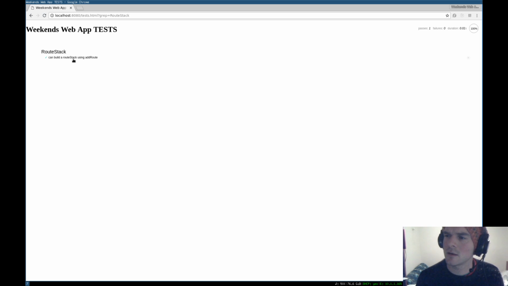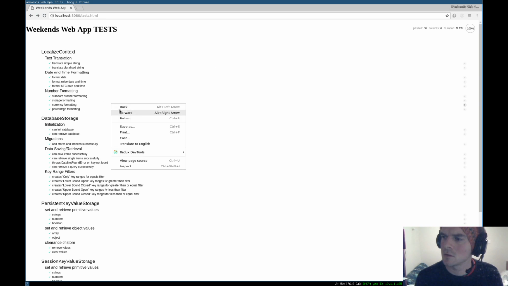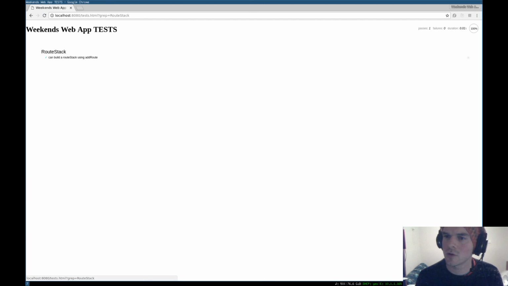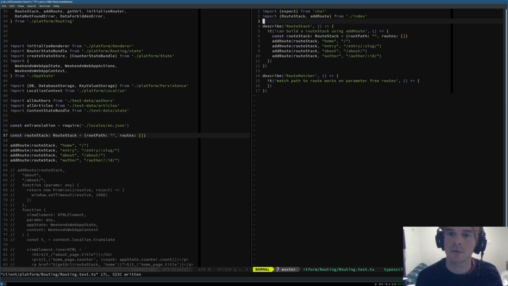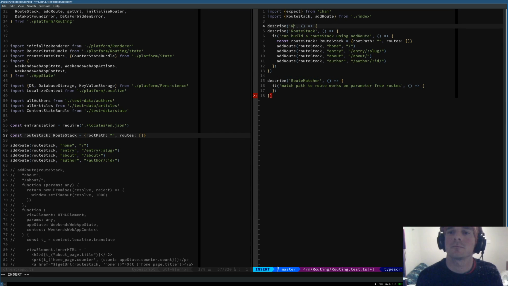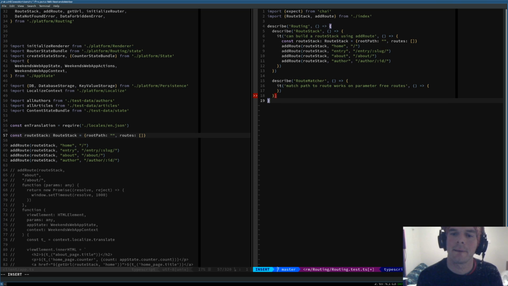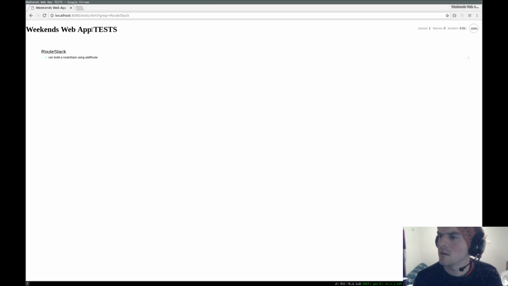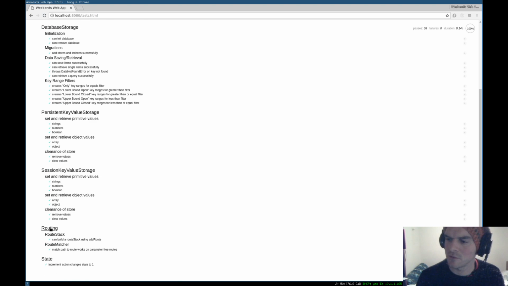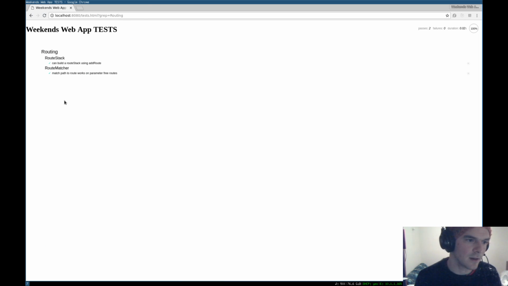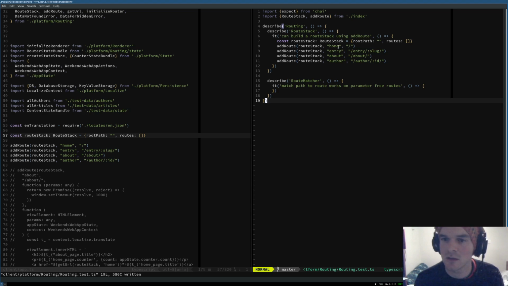Start of the route stack. So we can build a route stack using add route. That is all good. And in fact, what I might do is I'll scope this in the concept of routing. So that should make it easier for me to hit all of these tests at once. Okay, so that doesn't crash, and that's all good,